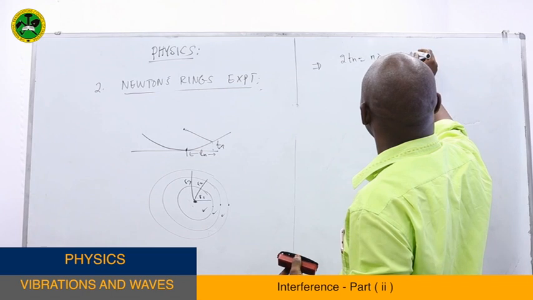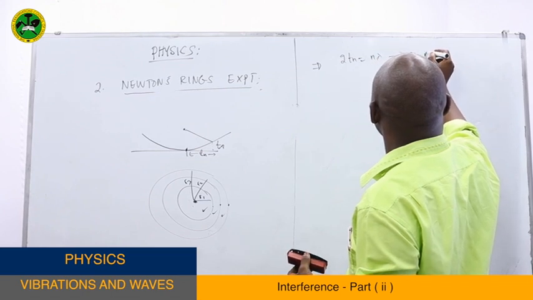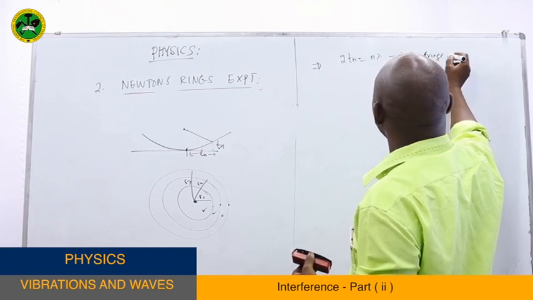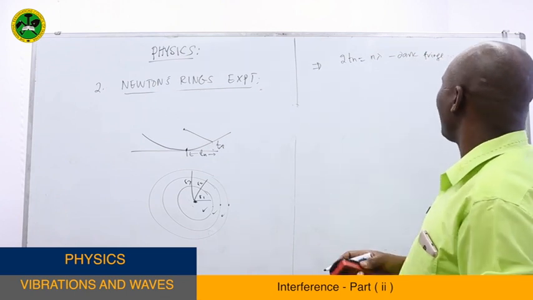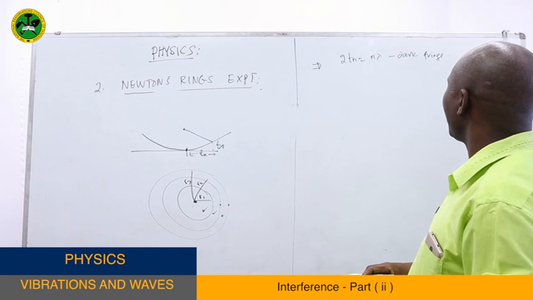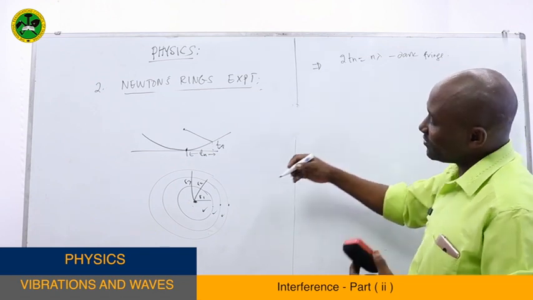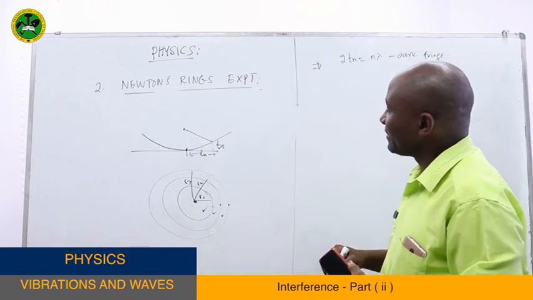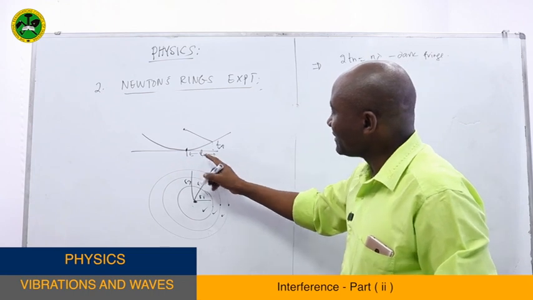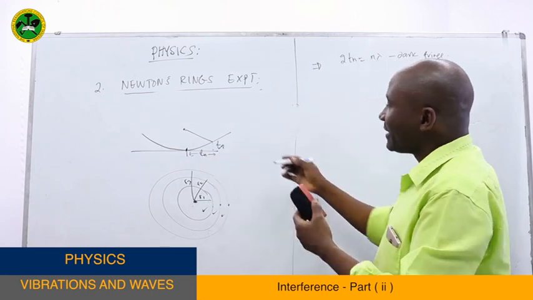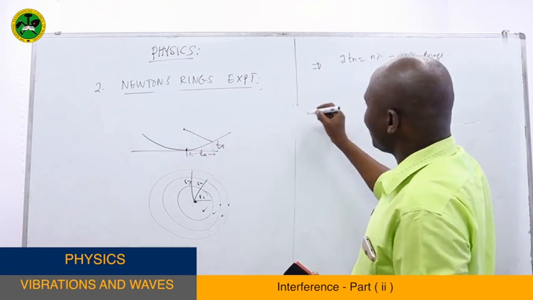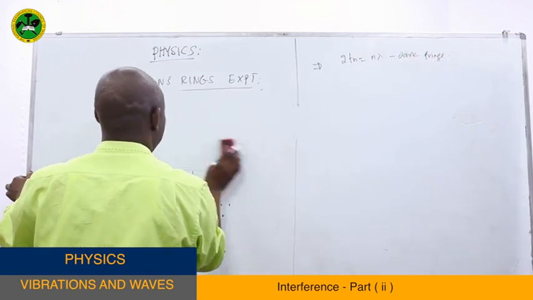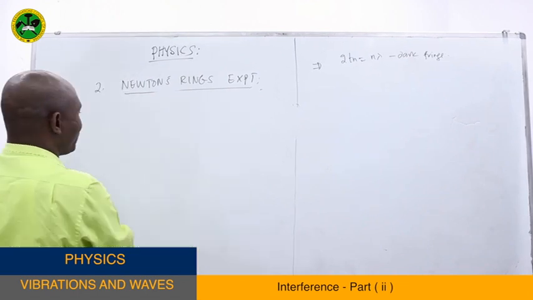This was the dark fringe in the air wedge. And when you plug the formulas there, because we don't have the length L here, it's now given as the radius. This is the radius of a ring. So if you derive the formula based on the radius, if you consider this diagram here, if you want to derive that formula, we consider